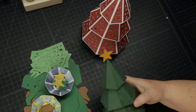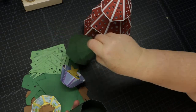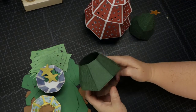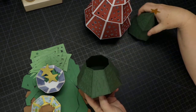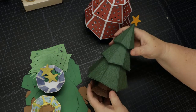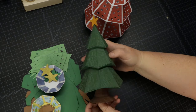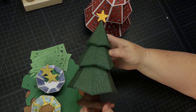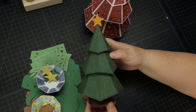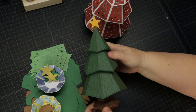Here's another version. The file has, I state that it's a Luminary and a gift box at once, but you can use it for decor, but the lid still does come off. I mean, you could figure out a way to connect it. Remember, we're alternating here. But you can see that would make a good addition to a village. So there's the solid version, and they're both in the file. It's really a Luminary, but I thought, why not do a solid version as well, because I think it would be fun to put in